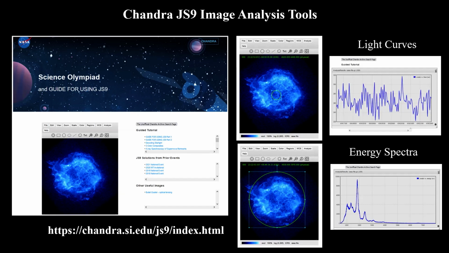I know that some of you bring binders to competitions instead of laptops. So here's a caveat about JS9. A lot of people do not include JS9 questions. They have not become familiar enough yet with those tools. However, JS9 is not going away. JS9 is the tool that astronomers use.